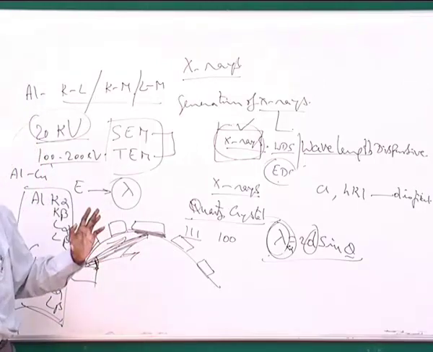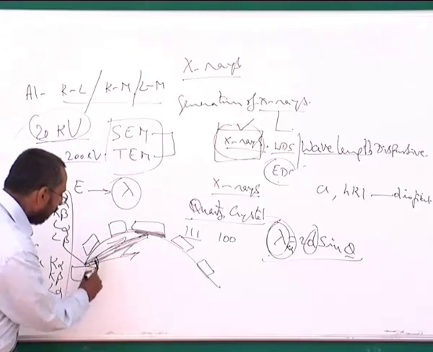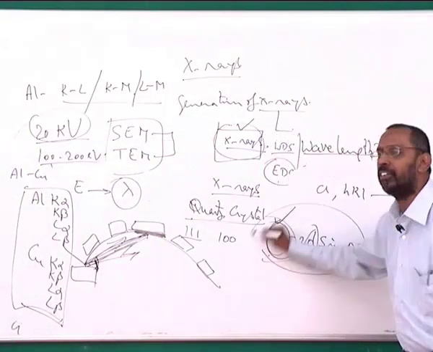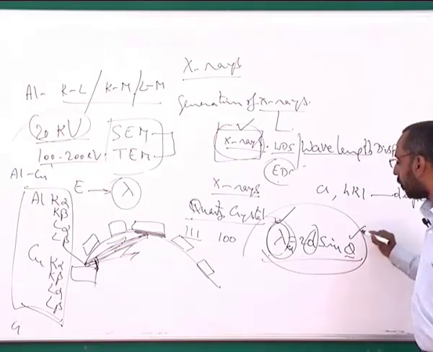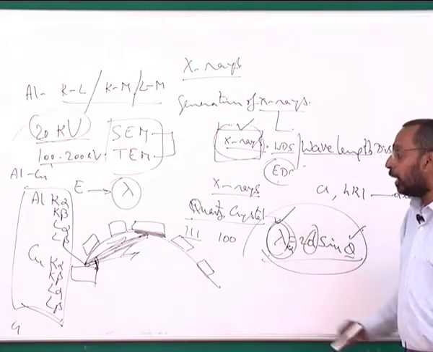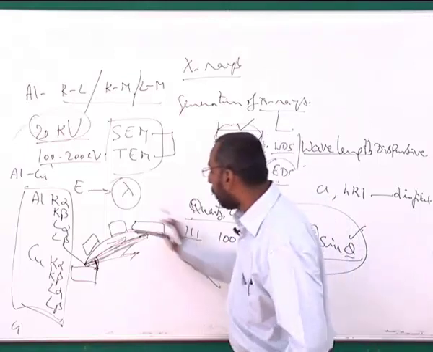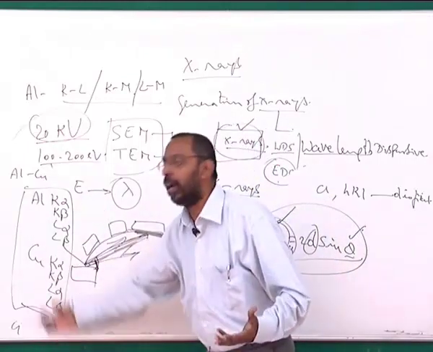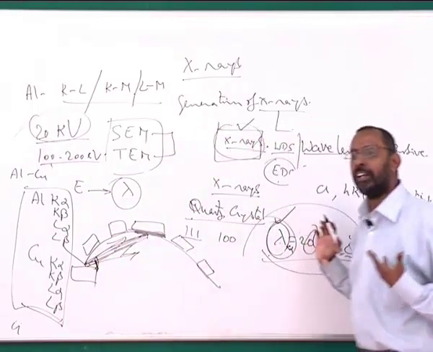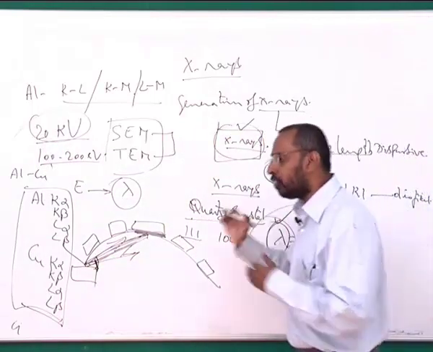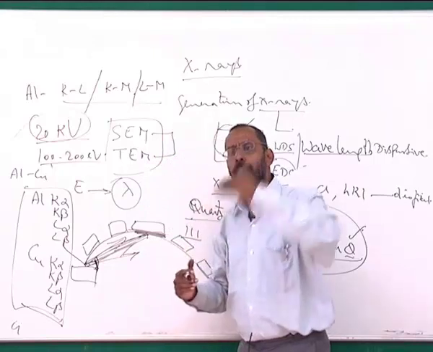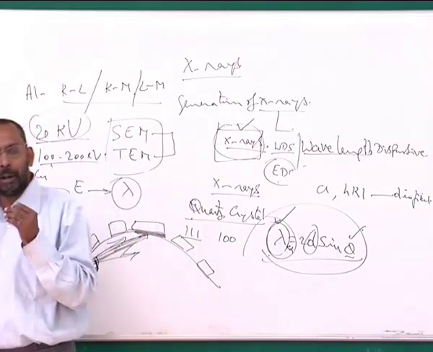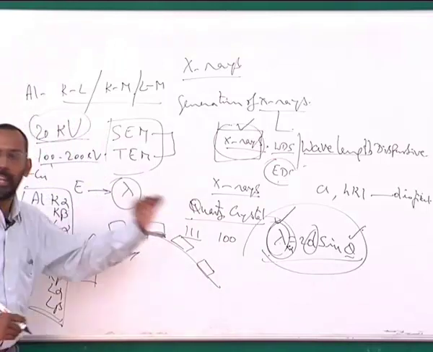No other lambda can be picked up, because for this angle theta, only one lambda can satisfy this Bragg's condition. Once my theta is fixed, lambda is fixed. So it is also possible that as I keep rotating at certain angles I may not pick up anything, because there is no lambda coming out which satisfies the Bragg's condition. So I keep on changing my theta by every 0.1 degree or something like that, and at each of these positions I keep on waiting to see whether I can collect anything.